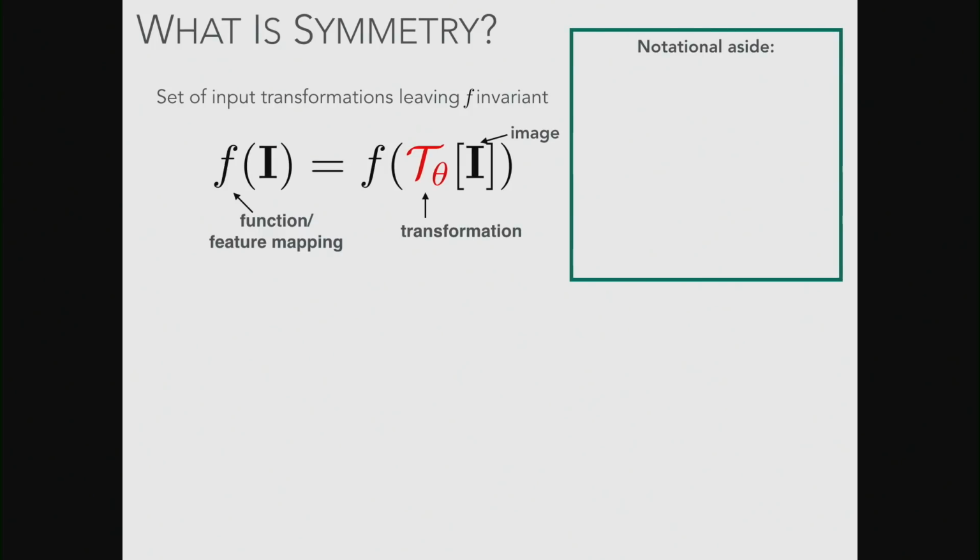And just a notational aside, some people don't really like this notation, so I'm just going to expand it a bit. So this might be some sort of translation. So T basically is an operator. It takes in an image and it spits out a new image. And so what this does is it spits out a translated image in this particular scenario. It depends on your interpretation and how you define it. And this will basically, when I look at point x, return the value of the image, which is translated by theta at point x.